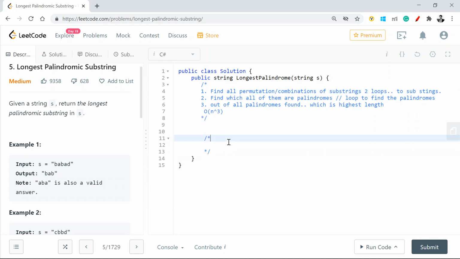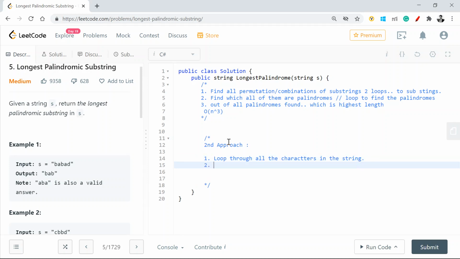So rather than that, let's talk about the second approach. The pseudocode, or the steps we are going to take, is: we are going to loop through all the characters in the string.